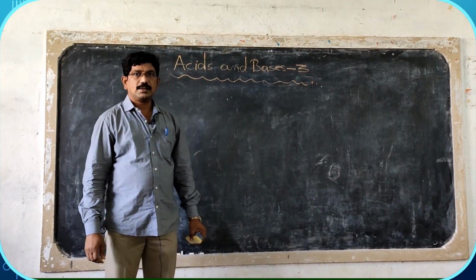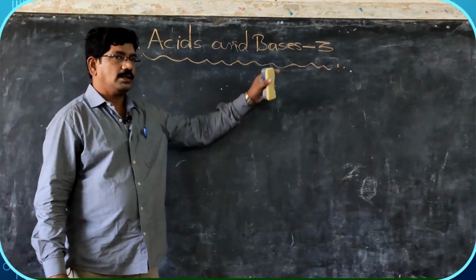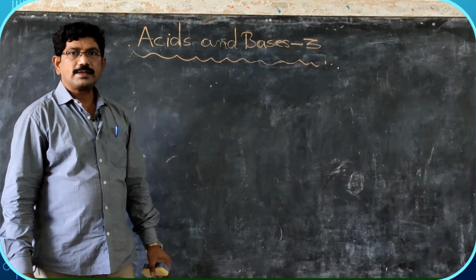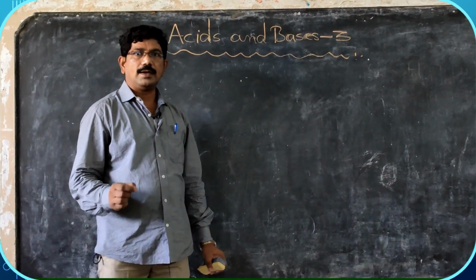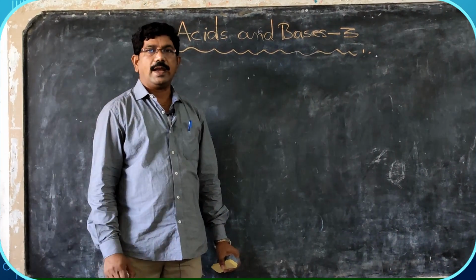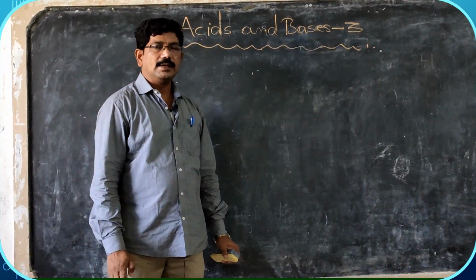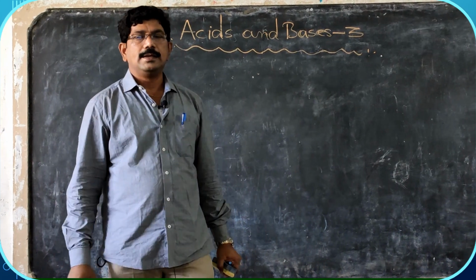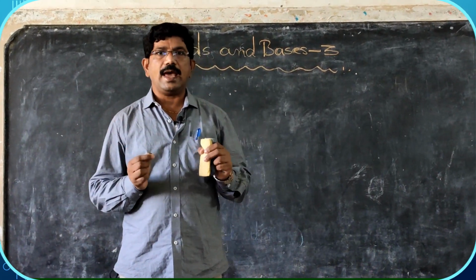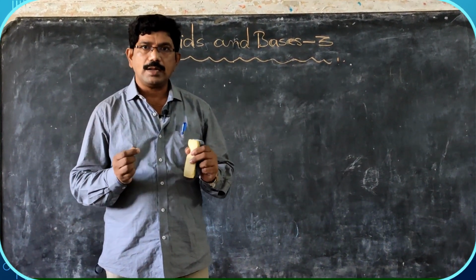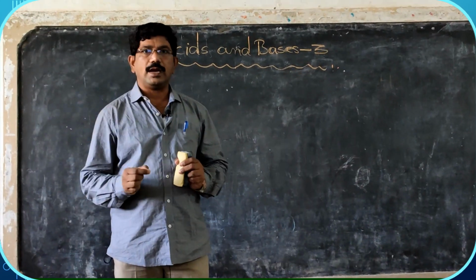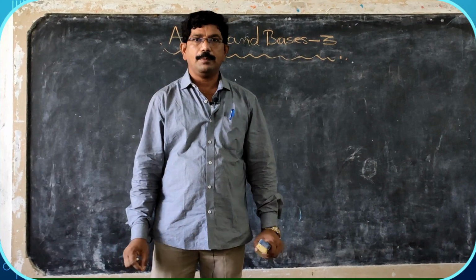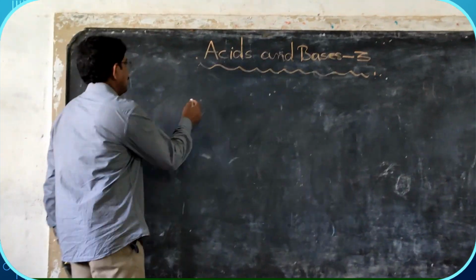Welcome to my class, Acids and Bases Part 3. In this class, we will learn what bases are, what the properties of bases are, and examples of bases. See, what is a base? A base is an oxide or hydroxide of a metal. So, what is a base? A base